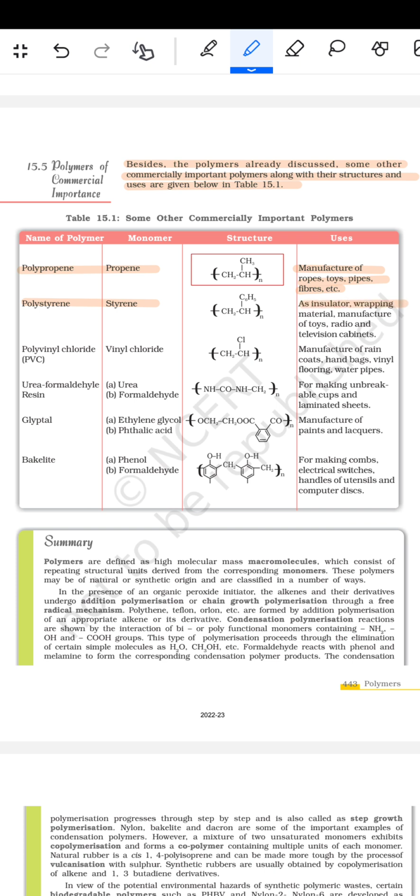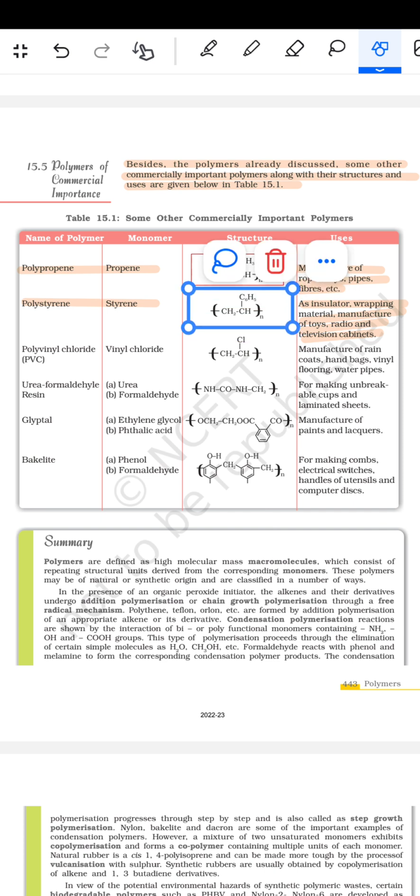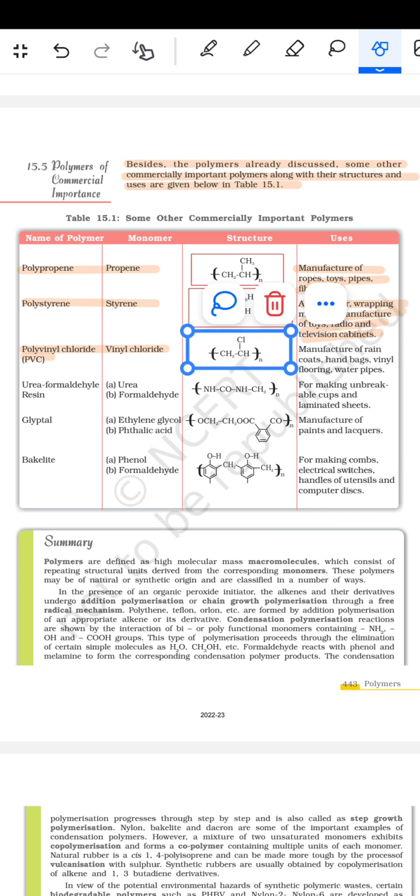इंसुलेटेड रैपिंग मटेरियल मैन्युफैक्चर ऑफ टॉयज रेडियो एंड द टेलीविजन कैबिनेट्स में आता है। और इसका जो मोनोमर स्ट्रक्चर है वो दिया हुआ है ये वाला। इसके बाद फिर आता है पॉलीविनाइल क्लोराइड पीवीसी जिसका विनाइल क्लोराइड मोनोमर है और इसका जो स्ट्रक्चर दिया हुआ है वो दिया हुआ है ये वाला। और इसका जो यूज है वो है मैन्युफैक्चर ऑफ द रेन कोट्स हैंड बैग्स विनाइल फोल्डिंग वाटर पाइप्स में होता है। फिर आता है यूरिया फॉर्मल्डिहाइड